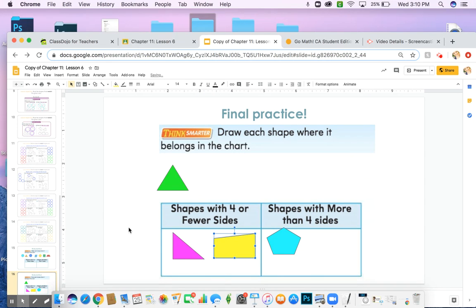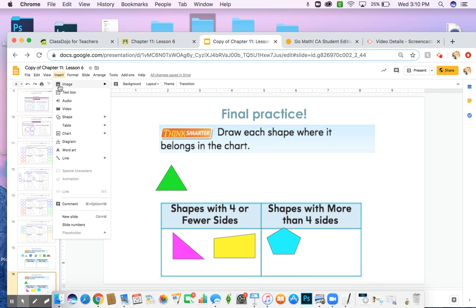So you do want to make sure that the sizing is correct. Otherwise, they won't be able to fit too many. So you may want to make them a little smaller than I was making them. And this next part, you don't have to do, but it does say draw each shape, and I'd rather that say drag each shape. So I'm going to